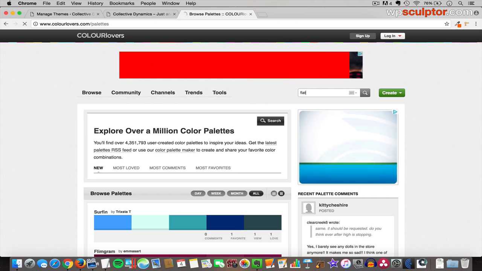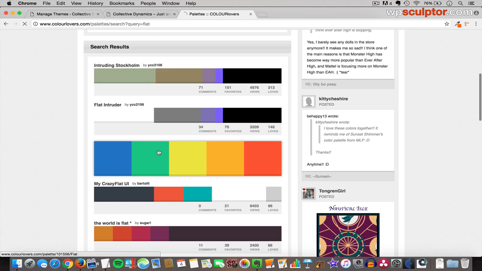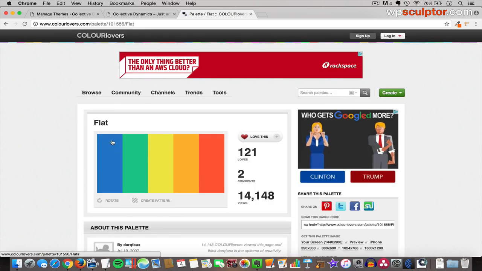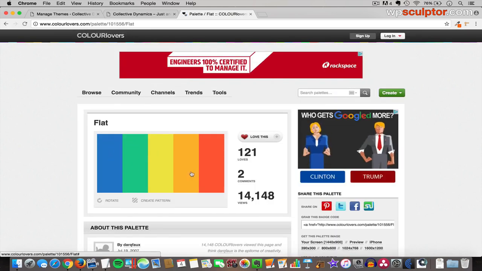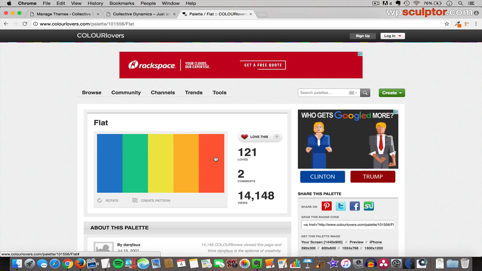And I'm just going to type that in and search for it. Then I'll scroll down. It's going to be this third one down, and I'm going to click on it to open it up. And I really liked the blue, the green, and this orange shade on the far right. I felt like those go really well together. And I also felt like they were going to be vibrant enough to work really well on both light backgrounds